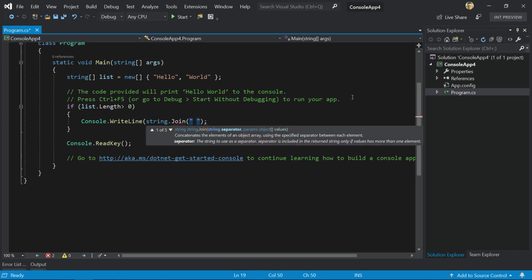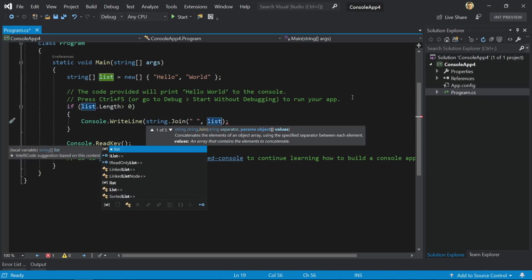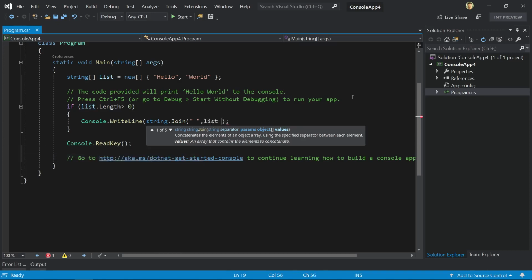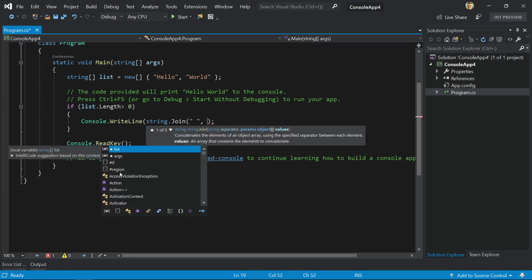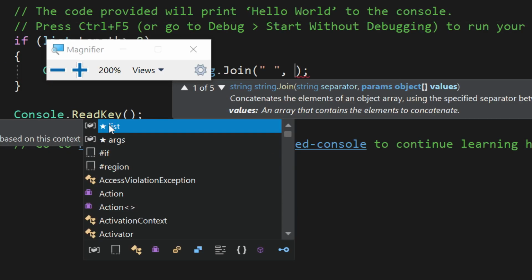I'm going to join on an empty string, and I'm going to provide a list. Now see what happened here. I'm going to just force this again. So I'm going to see here, zoom in. Notice how the first two items,